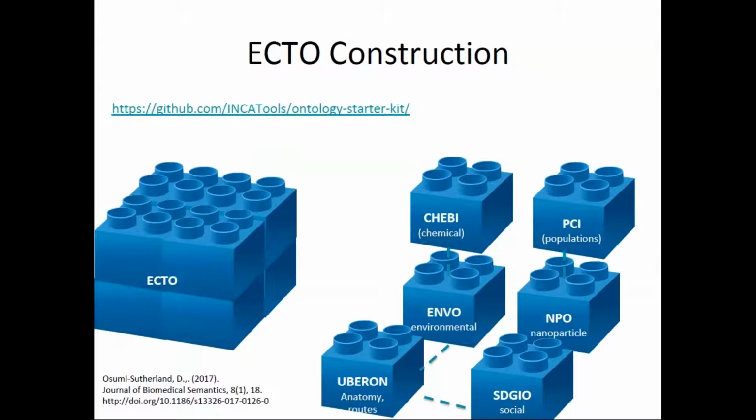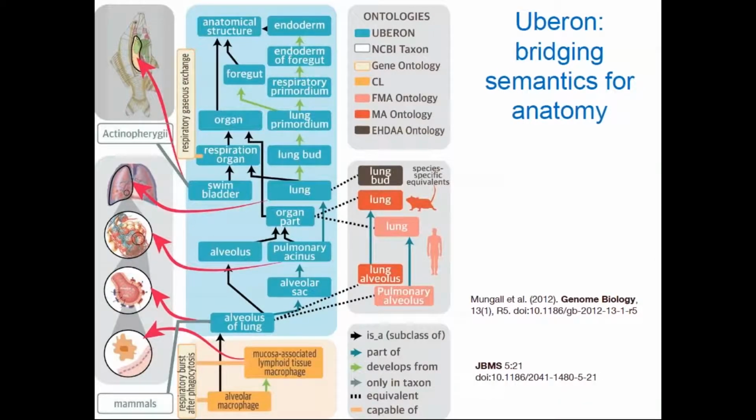So we've developed something called the Ontology Starter Kit that makes it easier for you to create a GitHub repository and get set up with an ontology, importing parts of other ontologies. ECTO uses this framework, and in many ways ECTO is quite a trivial combination of existing ontologies. The real work has been done elsewhere, primarily in ChEBI, the chemical entities ontology, but also in some other ontologies, such as Uberon, which is an ontology we developed originally for bridging human gene expression data and model organism gene expression data,